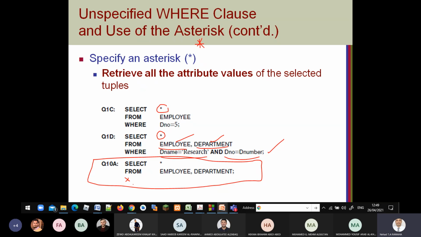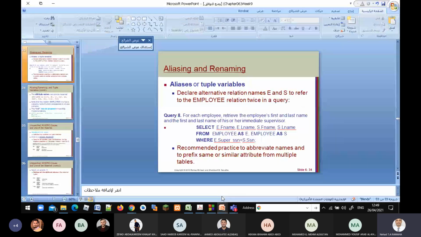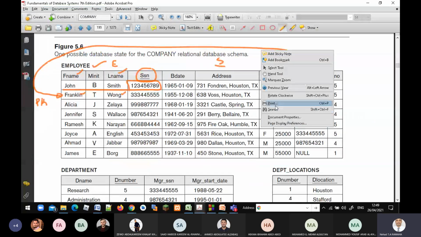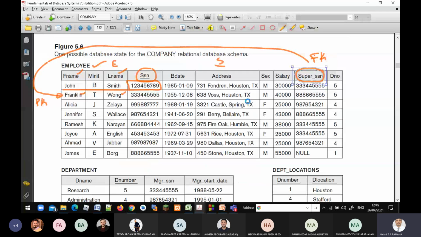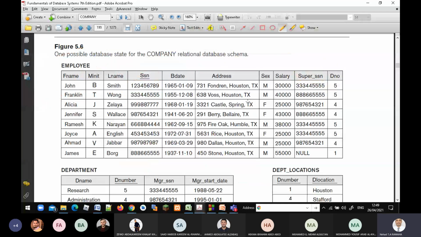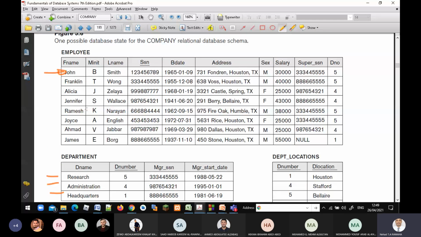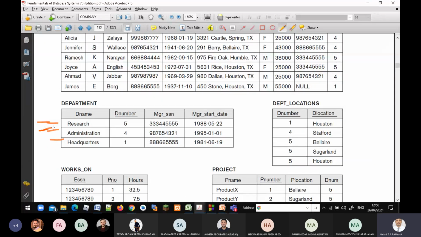A Cartesian product between employee and department. This means, for example, I will take this row and join it with all departments in the result. Then I will take this Frank with all the departments.